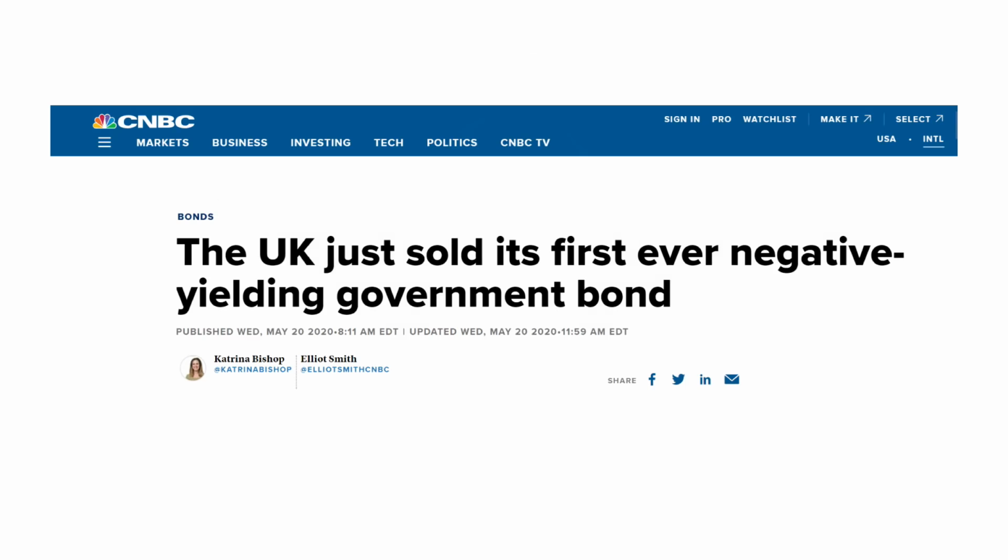This isn't just economic theory either. In May, Britain sold its first bonds at a negative interest rate. Pathetic gilt yields is a key reason why we've avoided bonds for 10 years, and negative rates is a step too far. On the plus side, if you already own some bonds, an interest rate cut should see them appreciate